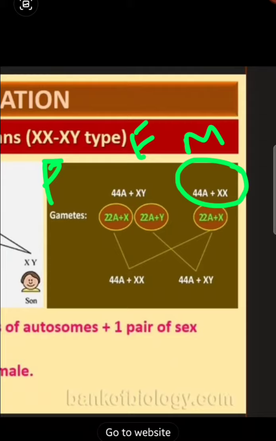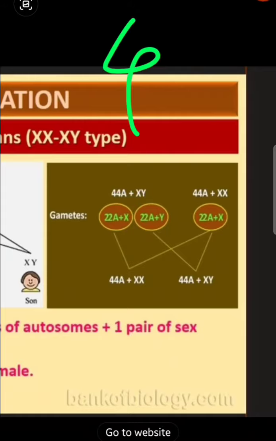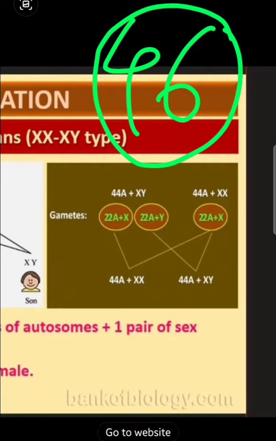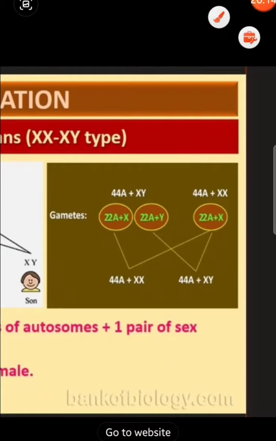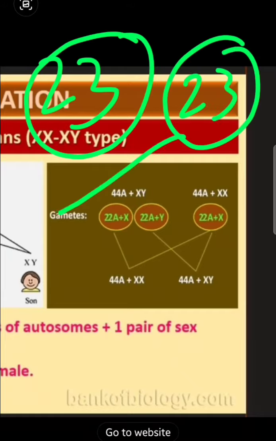While formation of gametes, they have to undergo meiosis and reduce the number. As I said while studying gametogenesis, during formation of gametes the parents undergo meiosis. Why? Because as we know, human beings have 46 chromosomes, so 23 should be from the male father, 23 should be from the mother. So both together